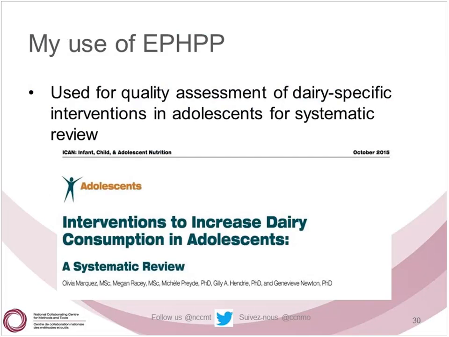Great. So this is actually the systematic review which informed our intervention development, in which we used the quality assessment tool. Effective interventions are needed to address the reported inadequacies of dairy product and calcium intakes among adolescents. This review investigated interventions aimed at increasing adolescent dairy or calcium intake and determined the characteristics associated with these successful interventions. We had a PRISMA systematic review search that identified 17 different interventions over a 22-year